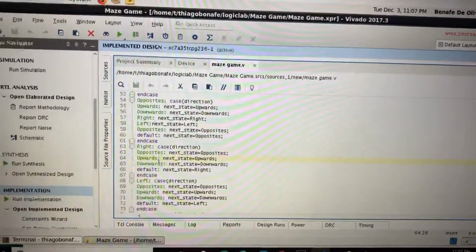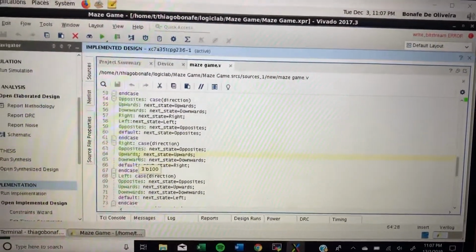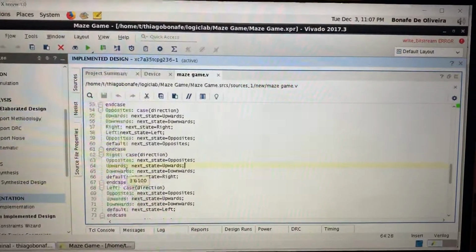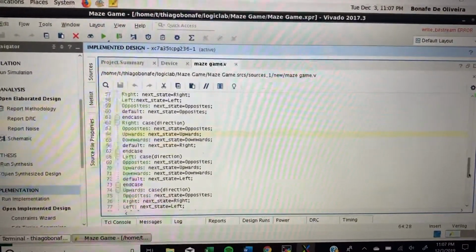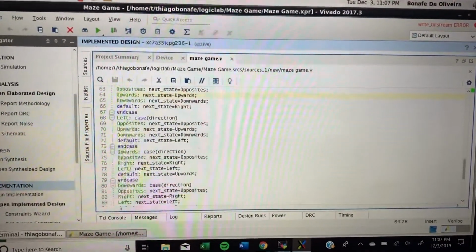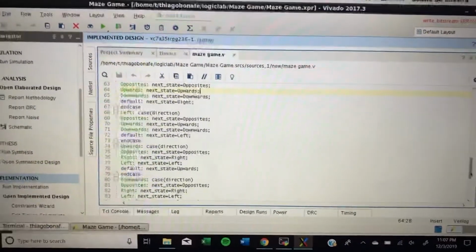it can only go forward, upward, and downward, not left, because left means going backwards. That's not what we want. We want to get out of this maze. And the left is basically the same case but not going right. And then we go to the